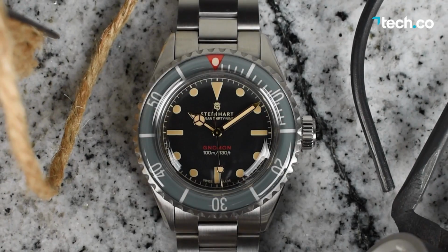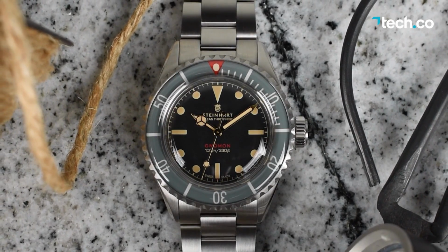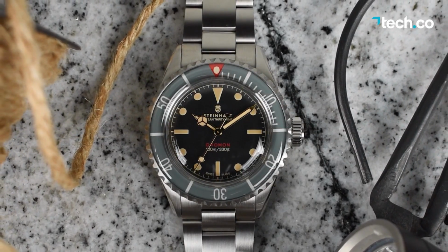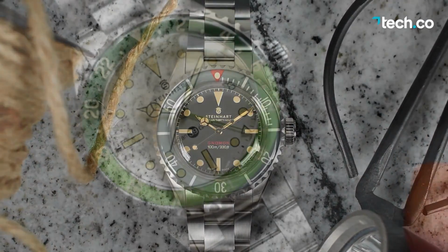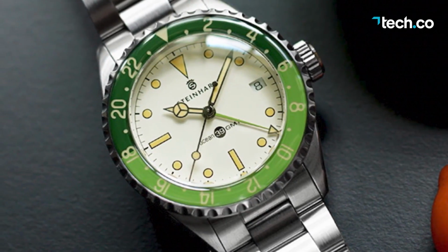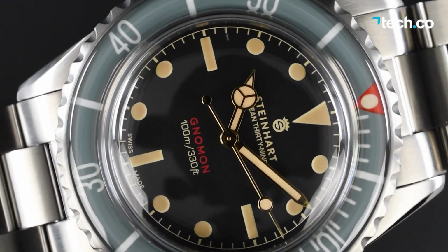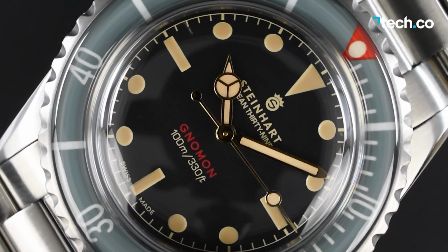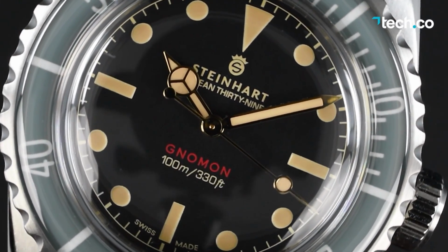Steinhart Watches is something of an enigma for most of us in the watch community. The brand is a smaller operation based in Germany that offers incredibly high-quality versions of iconic watch designs for very affordable prices. But they're most well known for their automatic dive watches. So are they a micro brand? An homage brand? It's a bit hard to distinguish, but what we can say for certain is that they're putting